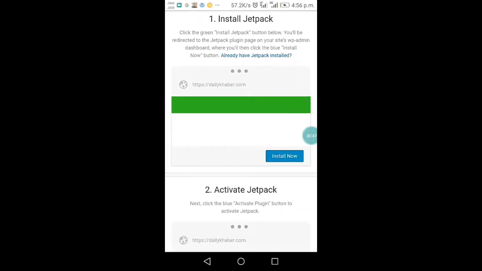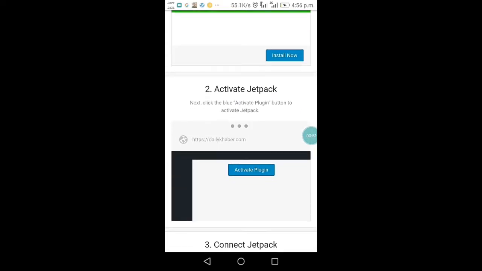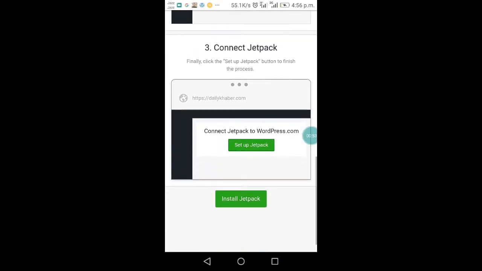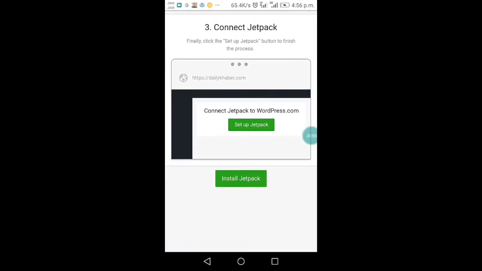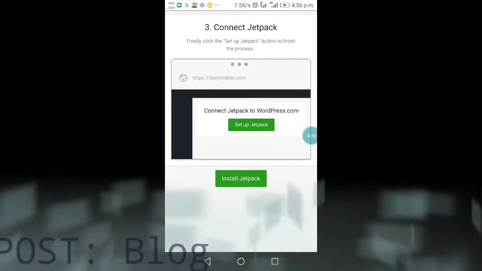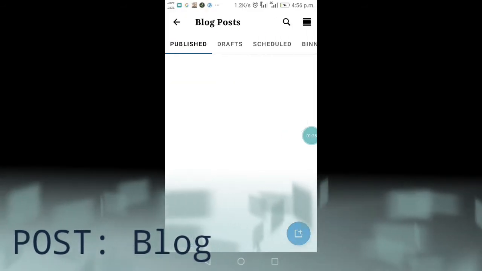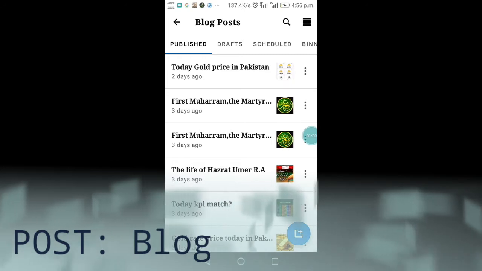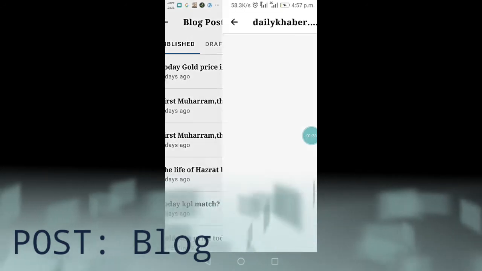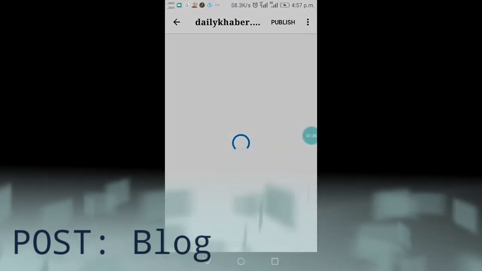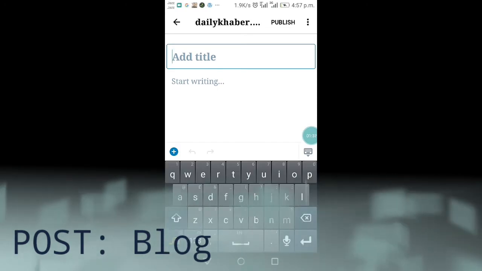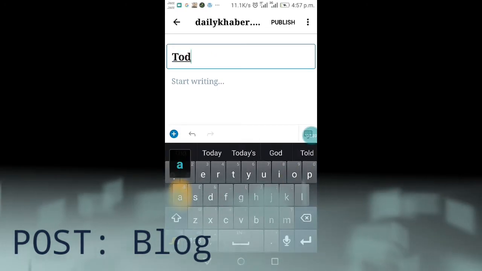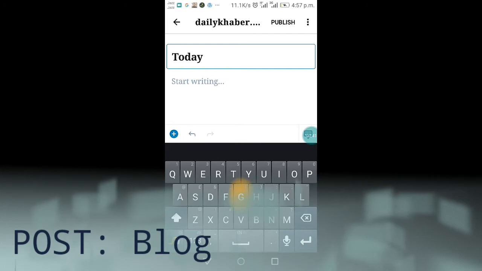Install Jetpack, activate Jetpack, connect Jetpack. It describes how you install Jetpack on your PC. And here we have the post blog option, published drafts, and here we have the first blog of our site, how to post on our site through the mobile